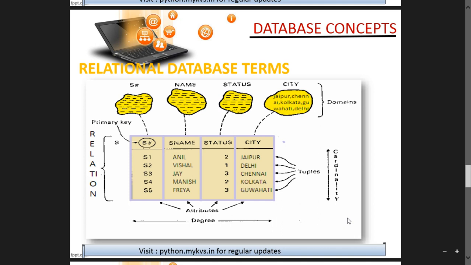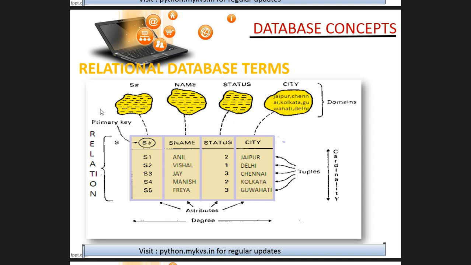So in short, we just learned the terms which we used. One term is not mentioned here, which I will mention later, that is primary key. So what are the relational database terms which we just learned? A table is otherwise called relation. The columns in the tables are also called attributes or even field names. The rows in a table are also called tuples or records. The original pool of values from which the values have been drawn into the table is called domain.